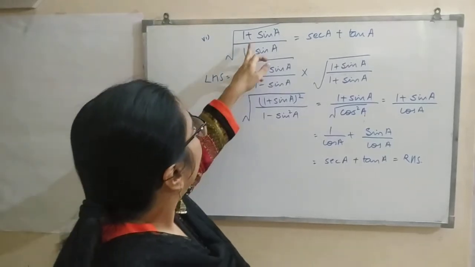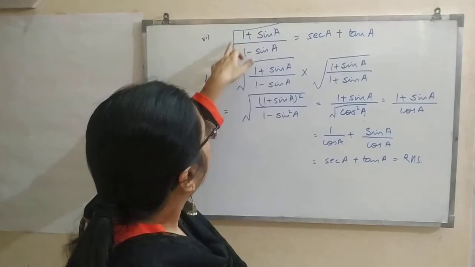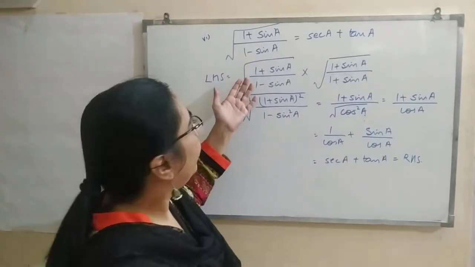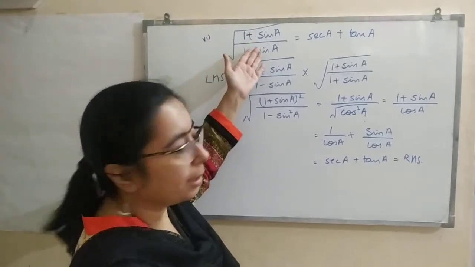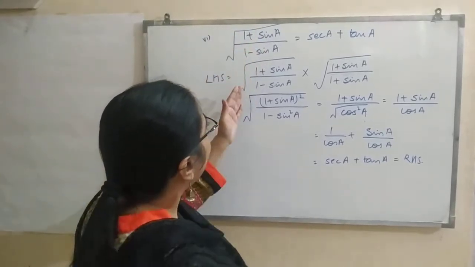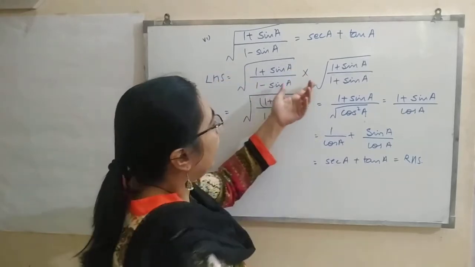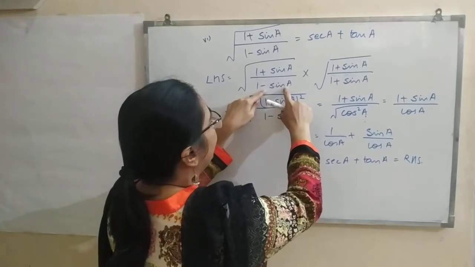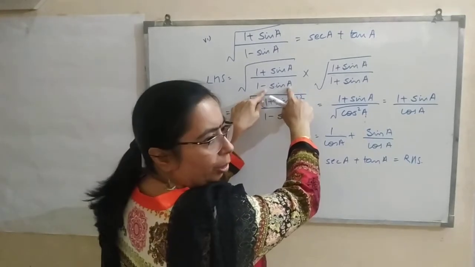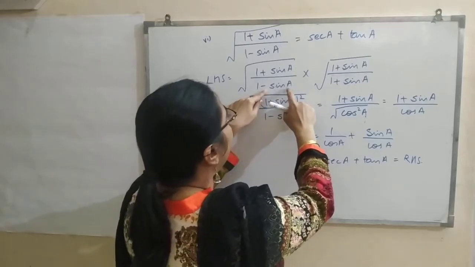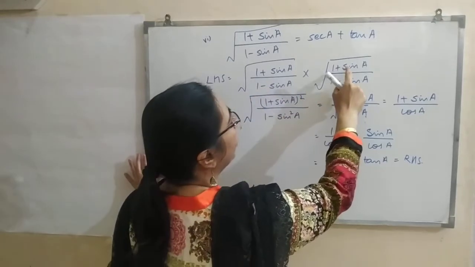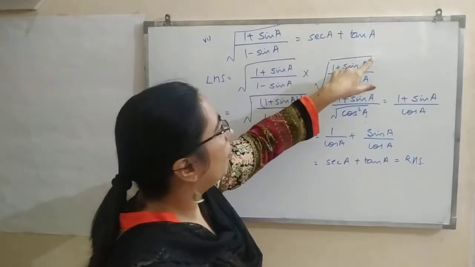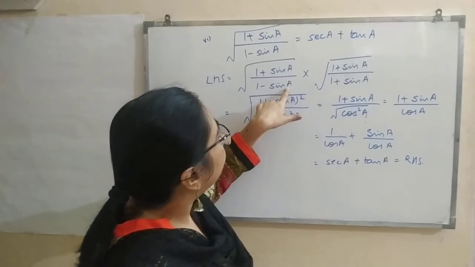Sixth part, square root of (1 plus sin a)/(1 minus sin a) is equal to secant a plus tangent a. So again this is totally different. We are having square root with this left hand side. So when you are having square root and the two terms are there, I need to rationalize it. Whenever you rationalize it, you take the opposite sign of the terms you are having in the denominator. So when I am having 1 minus sin a, I will take 1 plus sin a to rationalize it with square root. All the things will remain same with square root but with opposite sign of the denominator.